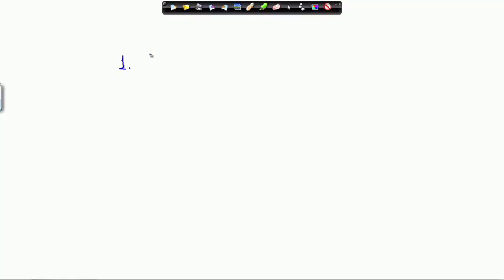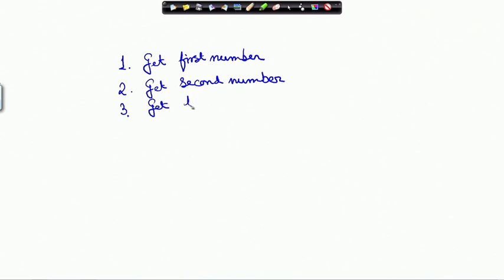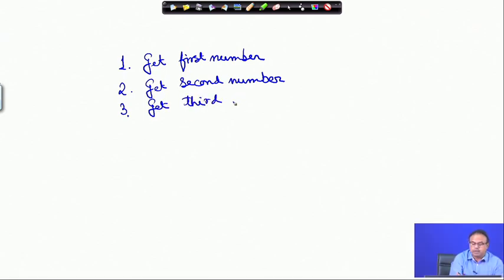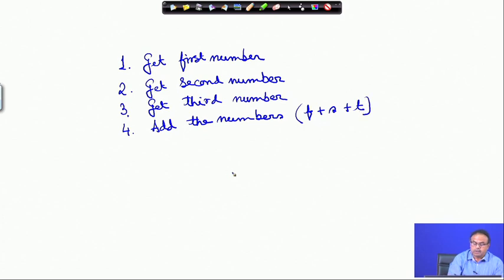I can also say get first number, get second number, suppose we want to find for 3 numbers, get third number, add the numbers, that means first number plus second number plus third number, and let that be the sum,